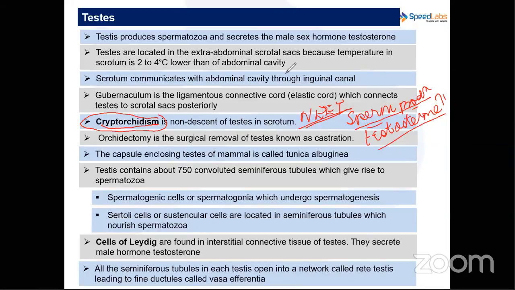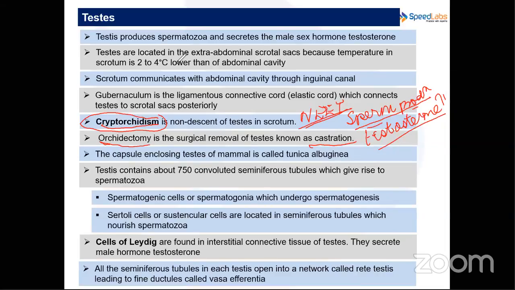All right. Next is orchidectomy. I told you this term, you're familiar with it. It is the surgical removal of the testis, also popularly known as castration. You know the ox and bull, I told you. The aggressiveness is going to go if the testis is removed, because the male hormone is also responsible for that aggressive nature. Then they have described the structure of the transverse section of the testis, which I'm going to explain properly. In this slide, what you have to understand is the descent of the testis into the scrotum during the